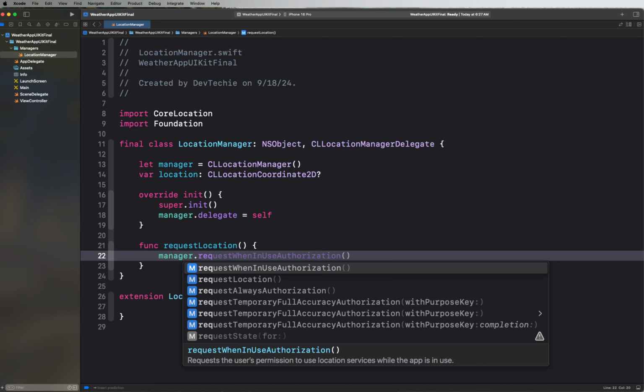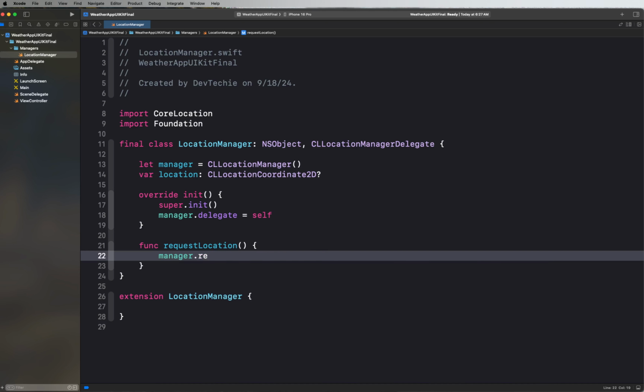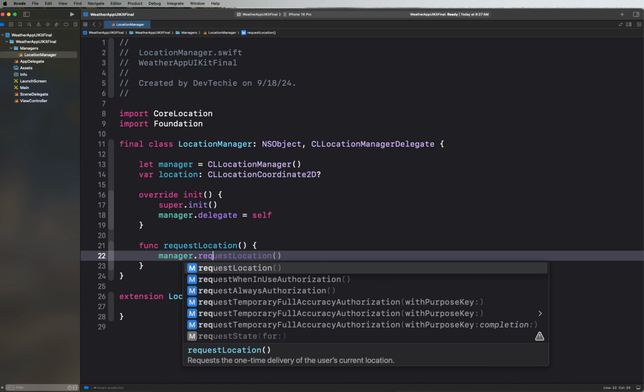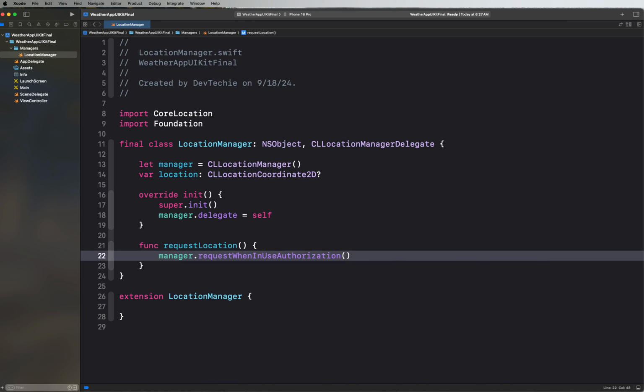It says basically we are only going to be using the location when the app is in use and is in the foreground. Okay, so this will basically trigger the request location dialog flow, and if the user has not authorized already for our app to use their location, then it'll prompt the dialog box. Otherwise it'll simply start